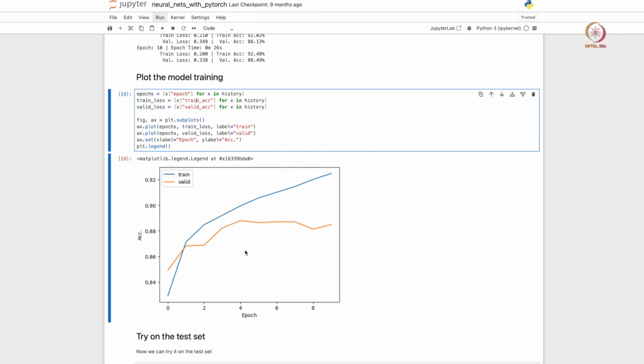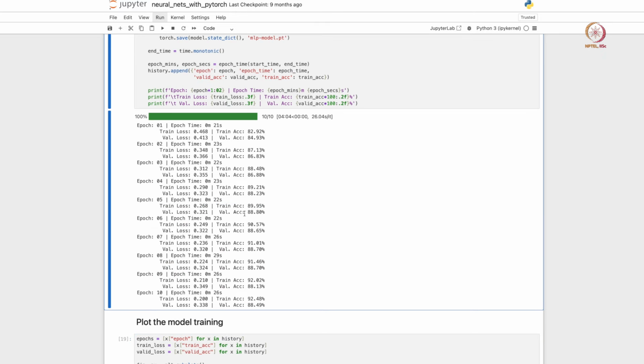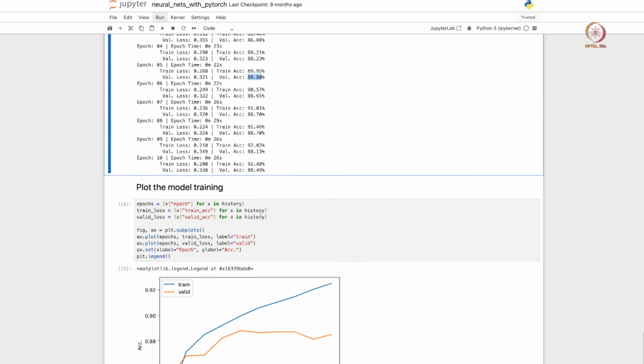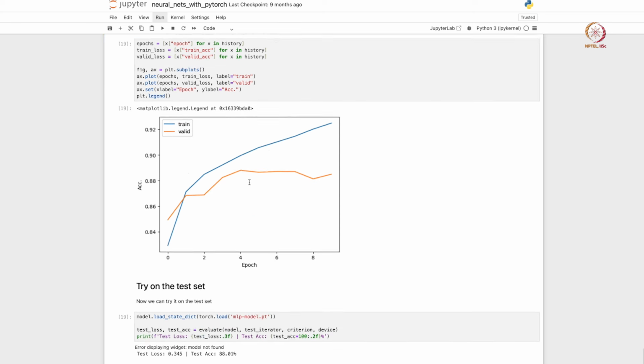So I think at the fourth or the fifth epoch the model has the lowest loss, at least. Maybe the highest accuracy is around there, 88.80. So probably here, right. The epoch index is starting from 0, so 4 corresponds to the 5th epoch here, right. So around 5 epochs, that's when, as of now, we have the best possible model, with the highest accuracies and the lowest losses on the validation set, right.